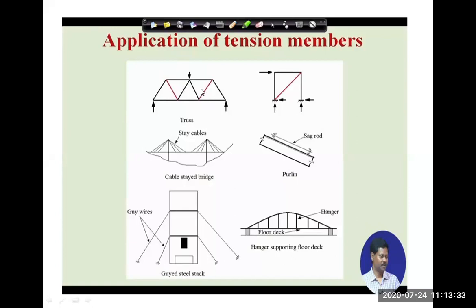So here, these red colored members, this bottom 3 members and these 2 inclined members, are always under the tensile load, because this top load